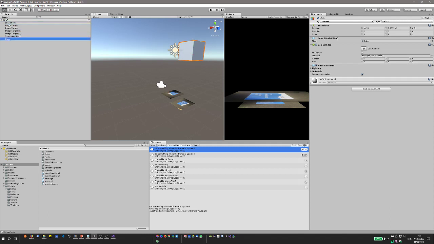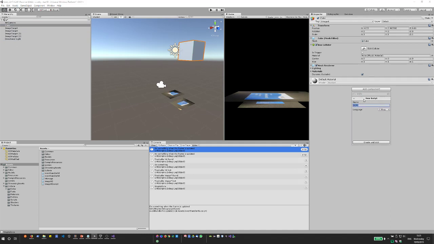Let's put it here. To this cube, we can add, for instance, a material, or we can add whatever